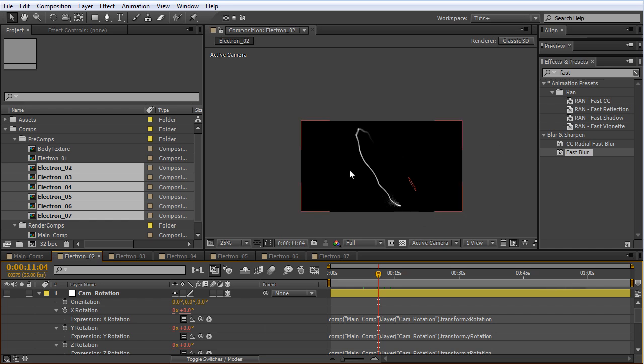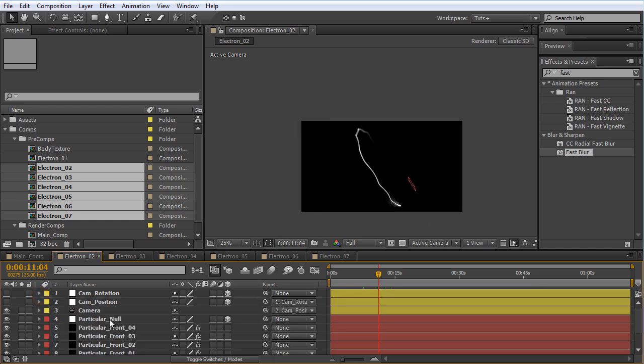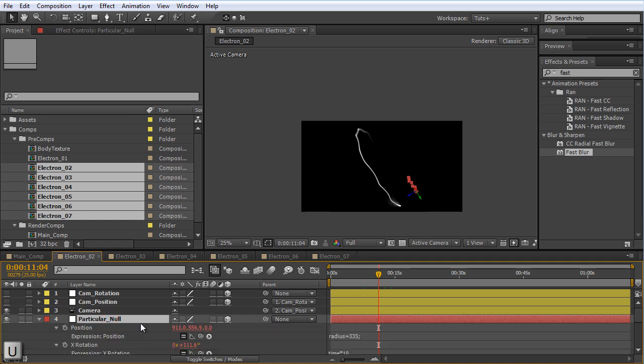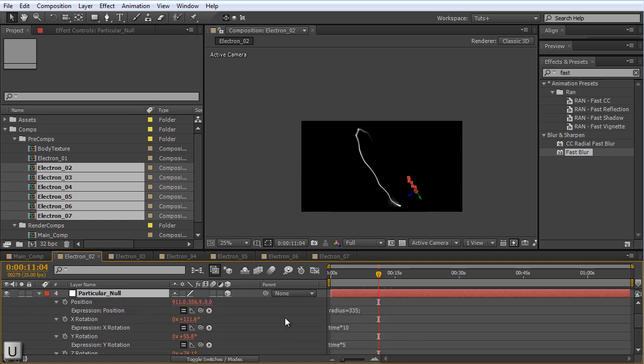And to give them some randomness, what I can do is go into particular null, hit U, and I can add to the time expression in the rotations some value to make it a bit more random.